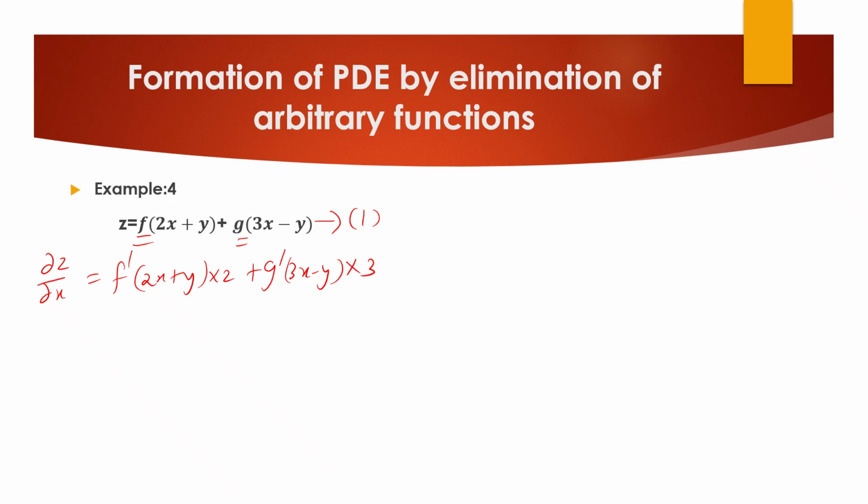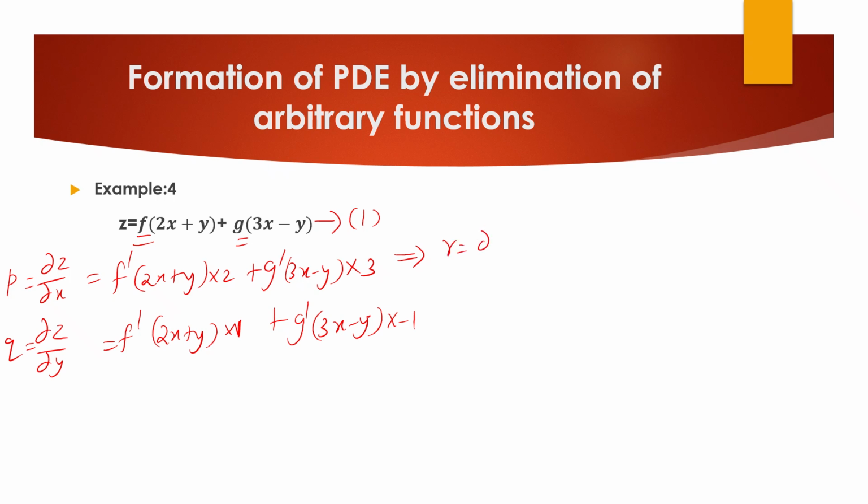Now we are differentiating this with respect to y. So we get dou z by dou y in the left hand side. So this can be taken as p and this can be taken as q. So in the right hand side we get f dash of 2x plus y into 1 plus g dash of 3x minus y into minus 1. Now we are going to differentiate this again with respect to x, so that we get dou square z by dou x square, that can be taken as R,